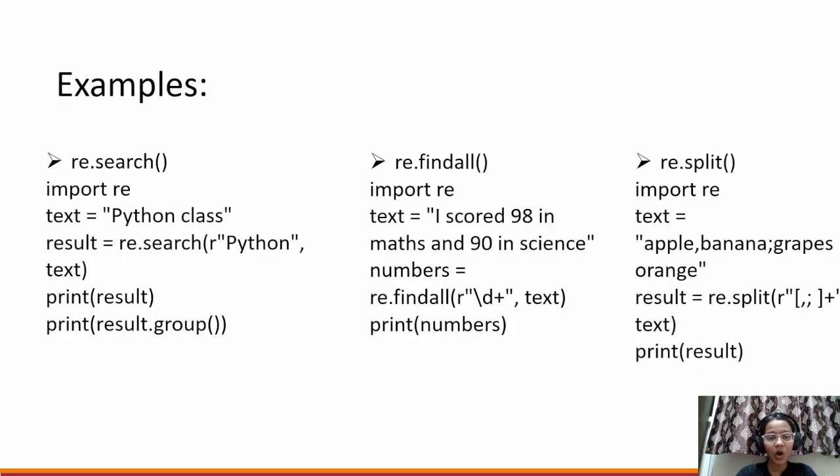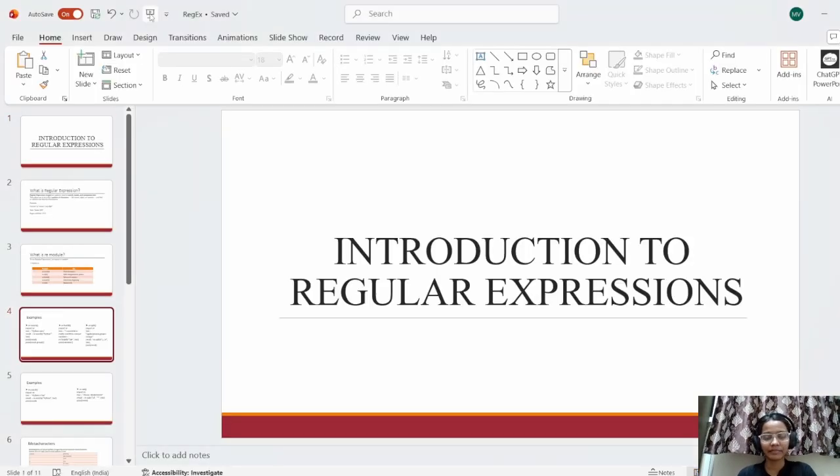Now let's see how these functions work in Python. re.search checks the entire string and returns the first place where the pattern is found. If it finds something, it returns a match object. If not, it returns None. For example,